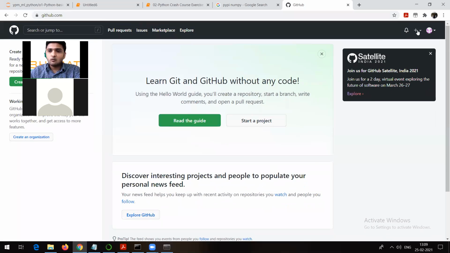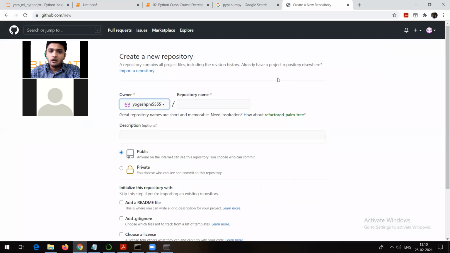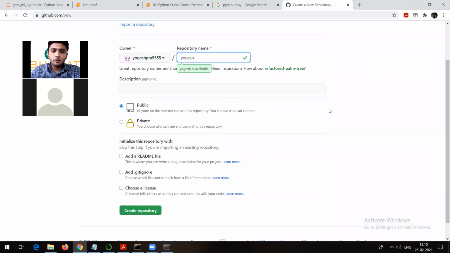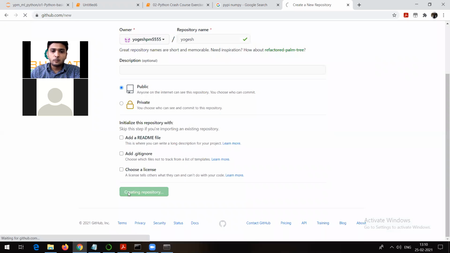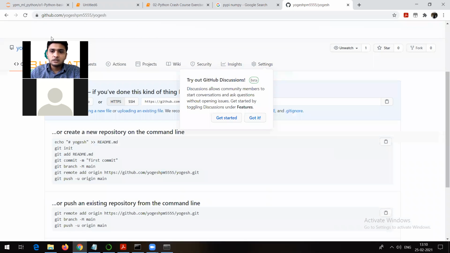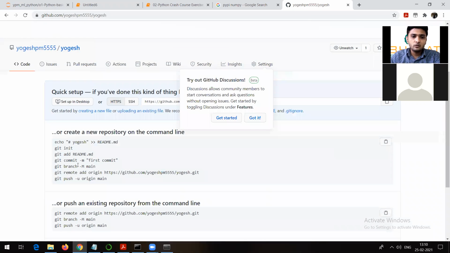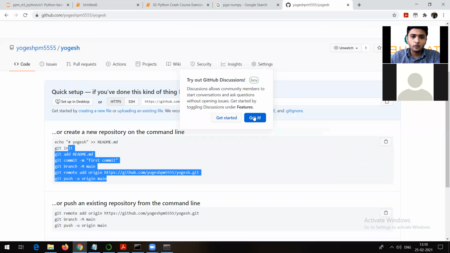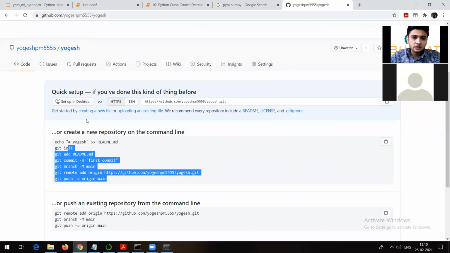So what you want to do now is create a repository. Click on new repository. Once you click on new repository, give it some name, whatever you wish. Once I create the repository, I will be able to see an option which is upload. For example, you will be able to see something like this which I already uploaded.